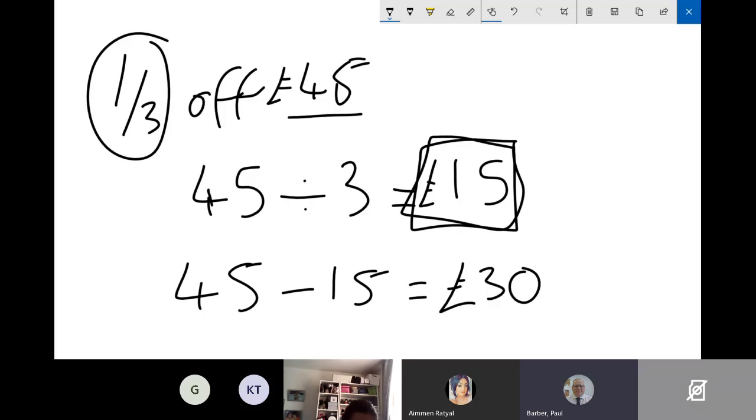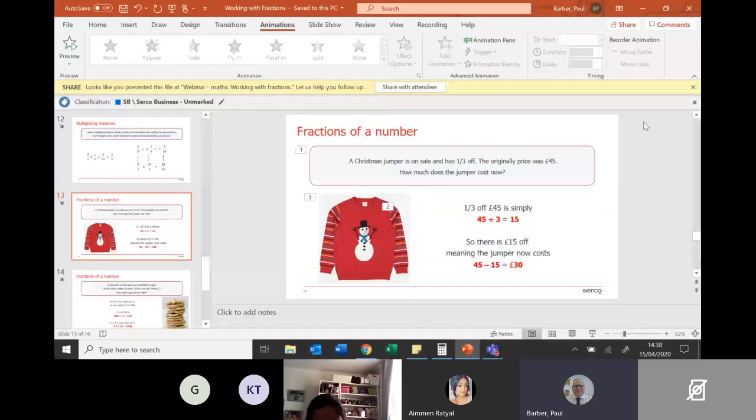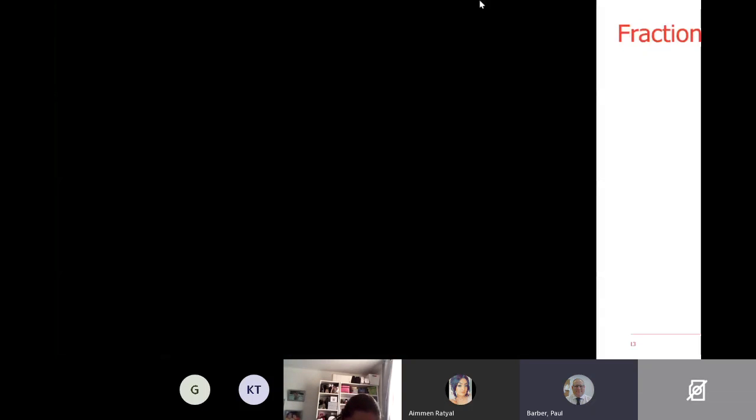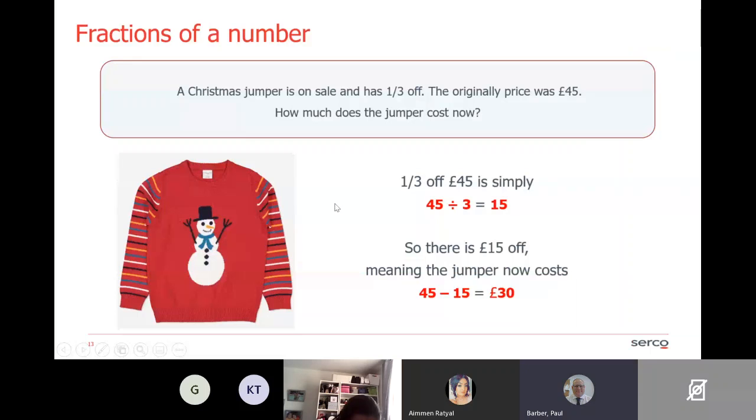And although you've done the maths right, that's not what the question was asking. If the question said £45 jumper with a third off, what is the discount? The answer is 15. But in this case, our question actually said, how much is the jumper now? So we need to make sure we do that extra calculation of giving 45 minus 15, which gives us an